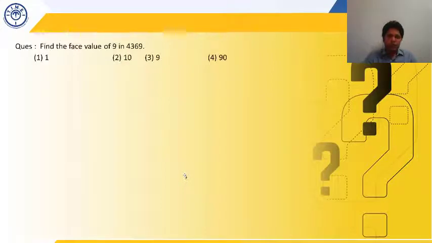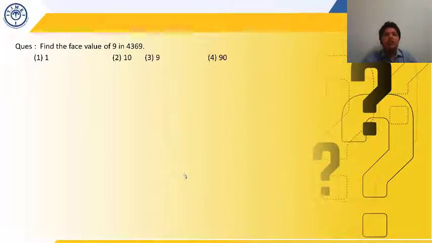Okay, let's move further. Just try to solve this question you have done in your previous classes. Most of you know the concept. Just try for 15 seconds. This is more of a theoretical question. If you know it, you know the answer. No need to calculate anything, so no time will be wasted in such kind of question. You just need to know the logic.